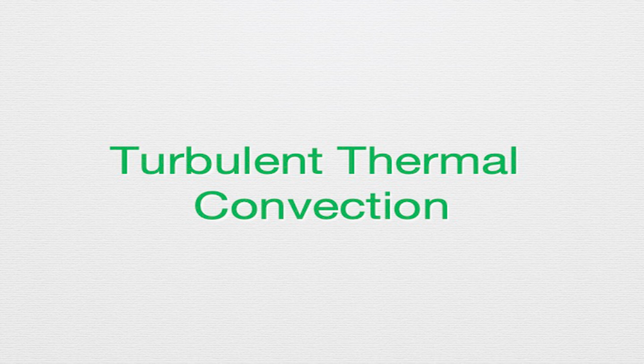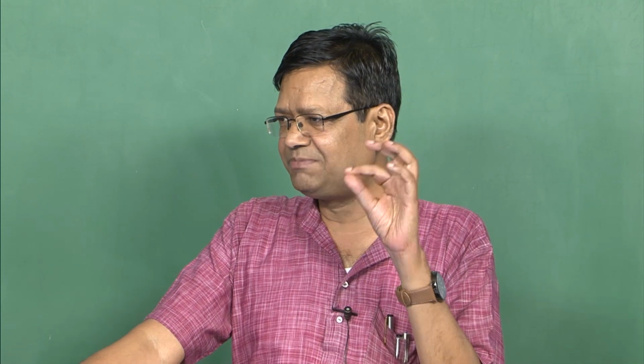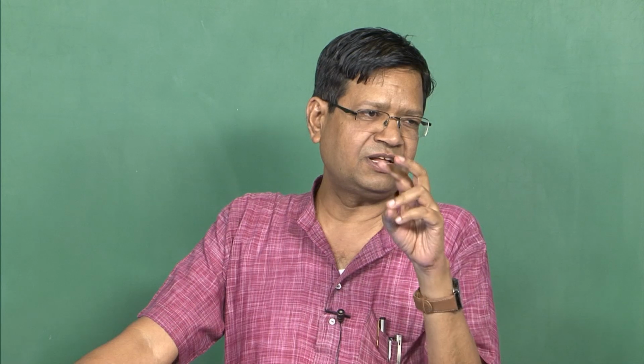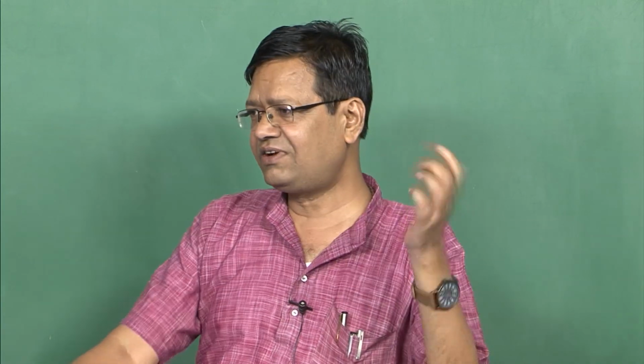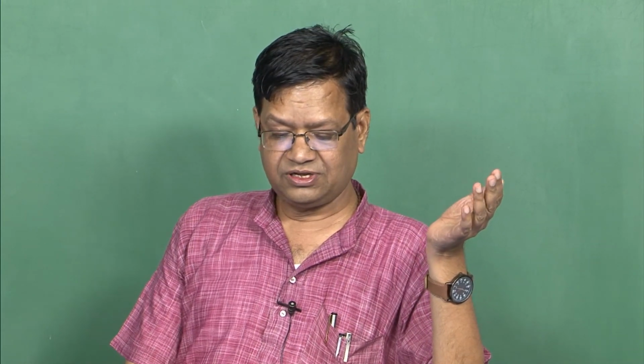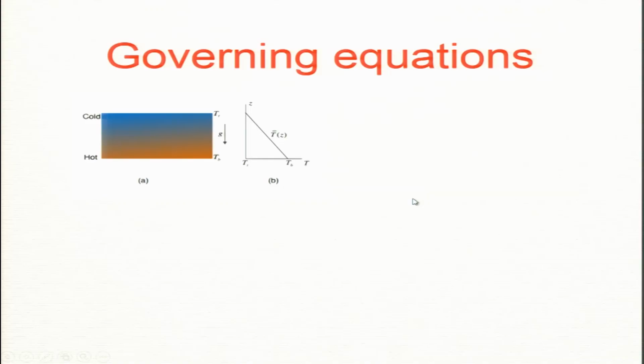Okay. So, now we will go to the third system. We did passive scalar, stably stratified flows, now we will go to thermal convection. This is another illustration of scalar, temperature, being coupled with the velocity field. So, turbulent thermal convection. The system is very similar except,